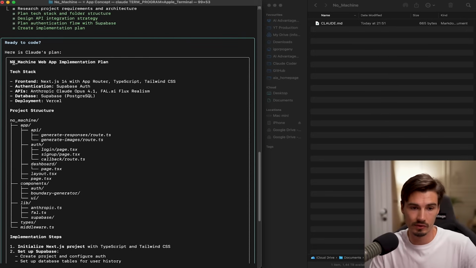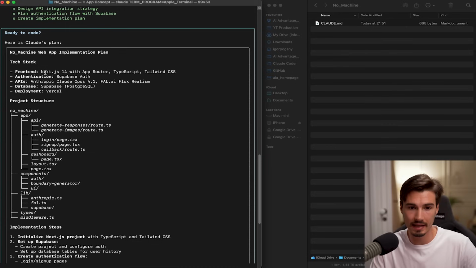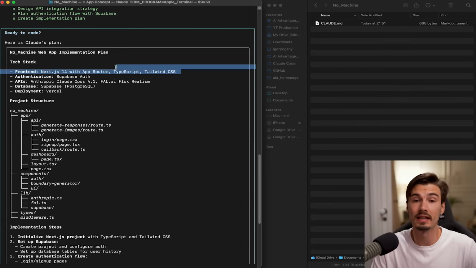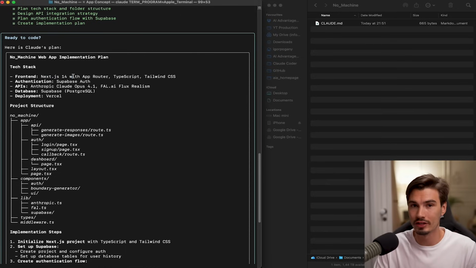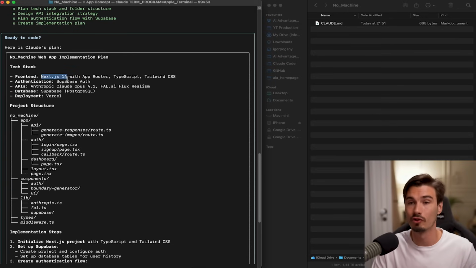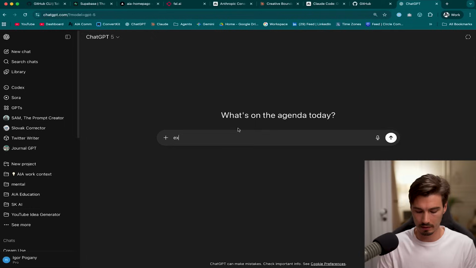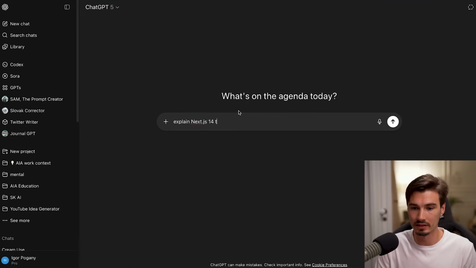You really want to review this in detail. So the Gnome machine web app implementation plan, tech stack, frontend, Next.js 14 with app router, TypeScript, Tailwind CSS. So if you're non-technical, you don't really have to understand all of this. But I think as you work with a few projects, you'll just naturally learn about some of these frameworks, and it often helps to just zero one out and then ask ChatGPT, explain Next.js 14 to me